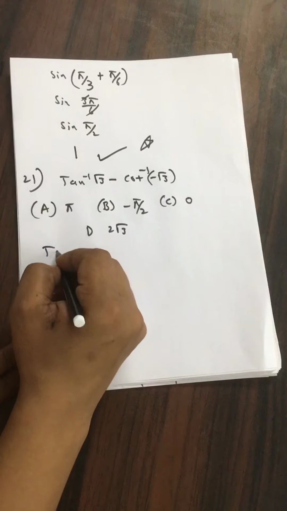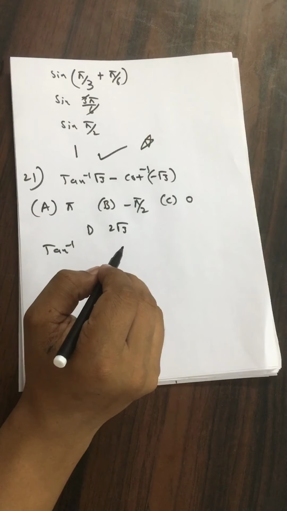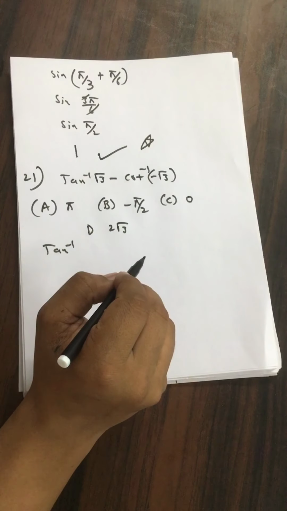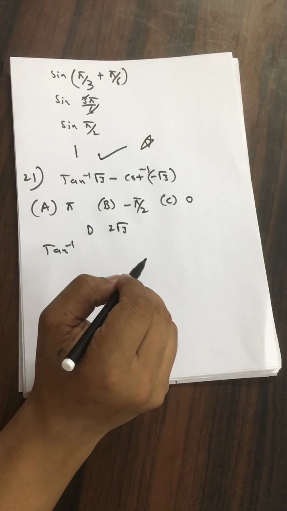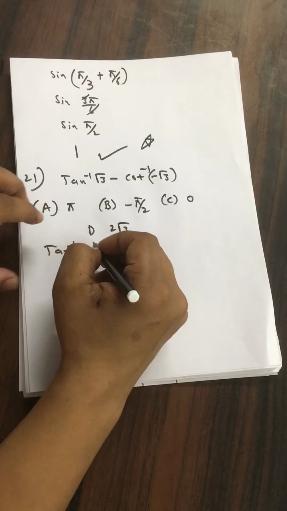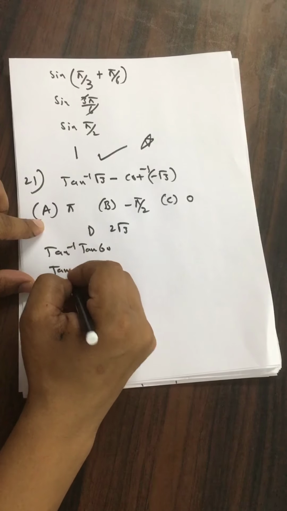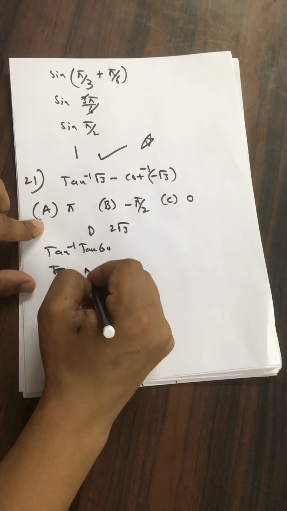So let's go ahead. Tan inverse root 3, quickly recapitulate the table you did in class 10. Root 3 is tan 60, that is pi by 3. So we can write pi by 3